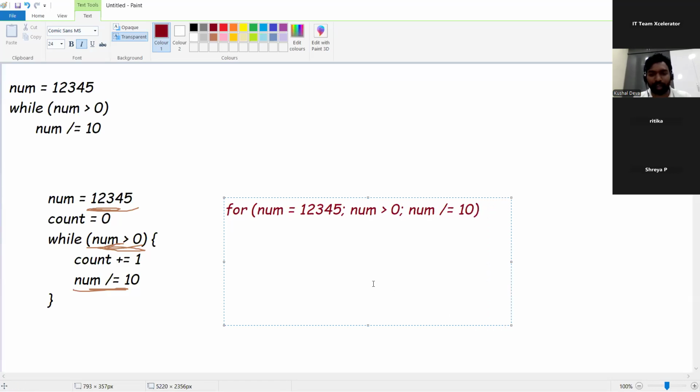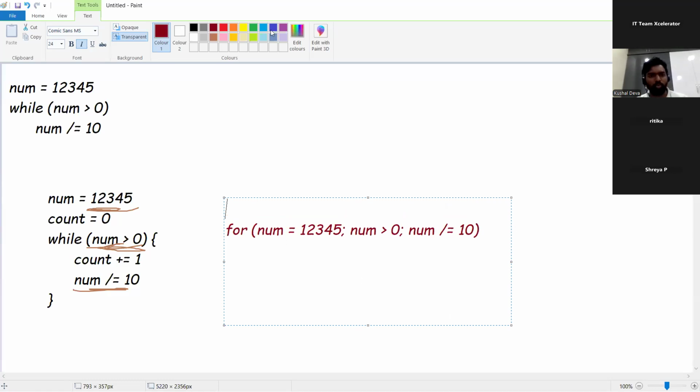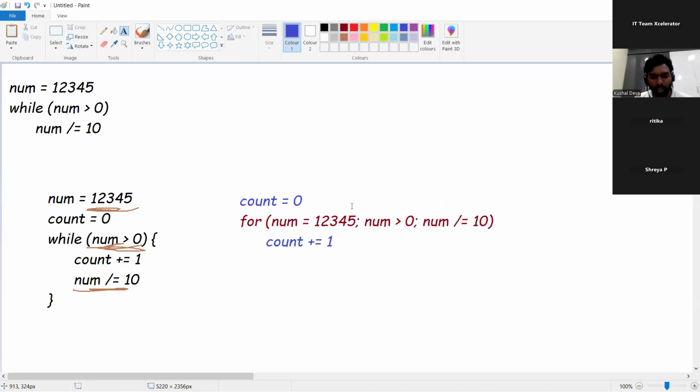Now what are you trying to do exactly in the while loop? You're trying to increment the value of count by 1. So that's the body, right? So then what would we do over here? Just take count to 0. Of course inside the loop, when we go over there, we just simply increment the count value by 1. So you can take this example over here. The entire while loop code, whatever we are trying to write, the same is working with the for without any change.